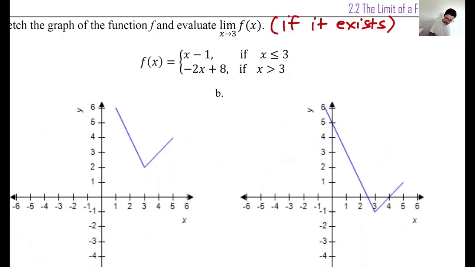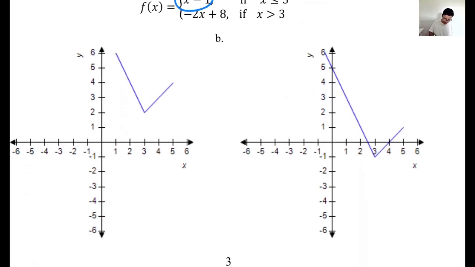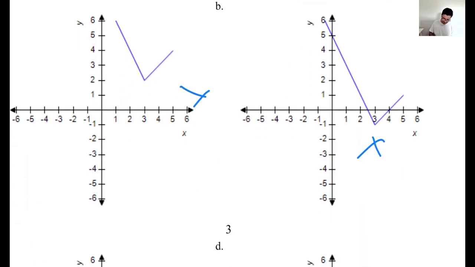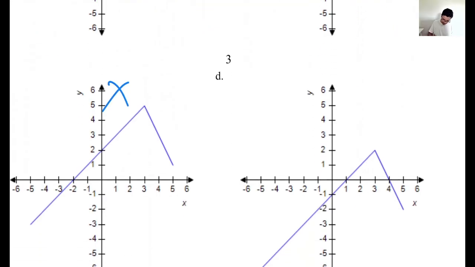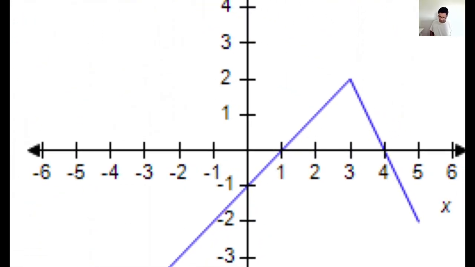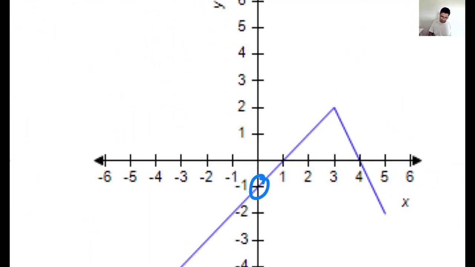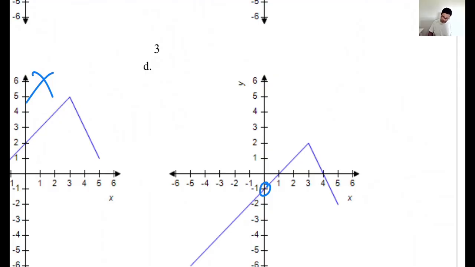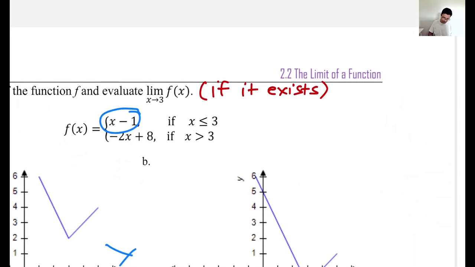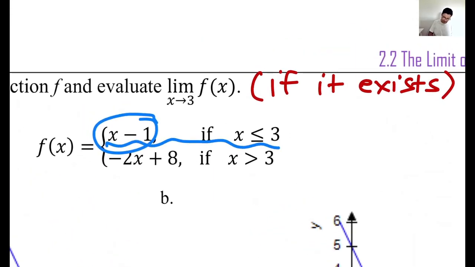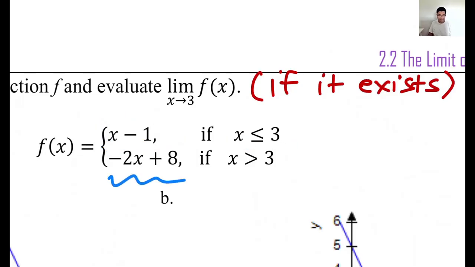Okay. X minus 1, slope is 1, y-intercept is negative 1. So none of these graphs make sense. Okay, the y-intercept is not negative 1 here. Where is the y-intercept negative 1? Here. Because that is again for x less than 3. So when x is 0, that is on the y-axis, you should see that y-intercept. So option D here matches that, the first rule here for x less than 3. And for x greater than 3,